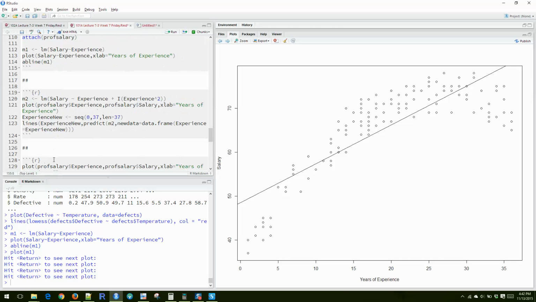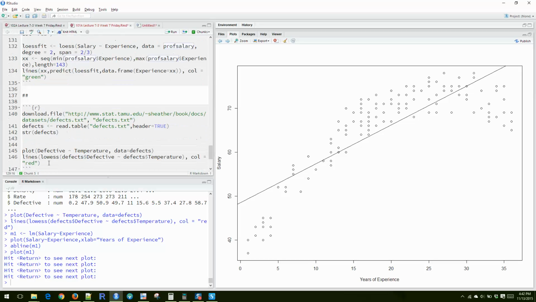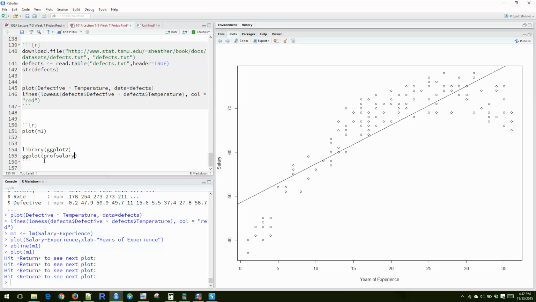We want prof salary. aes, that's x equals experience, y equals salary, and we want geom_point